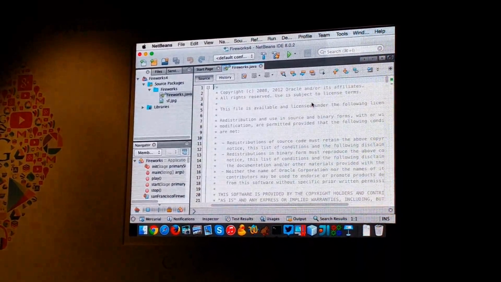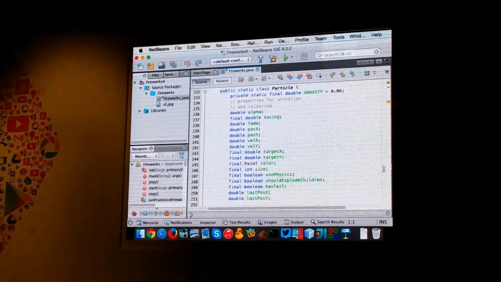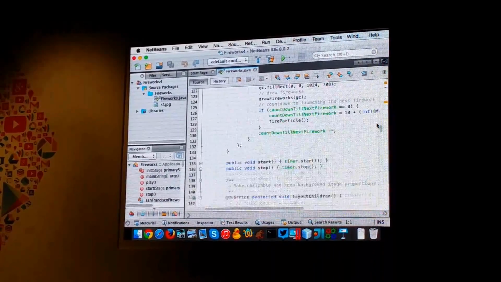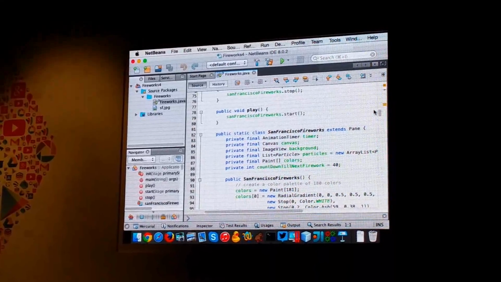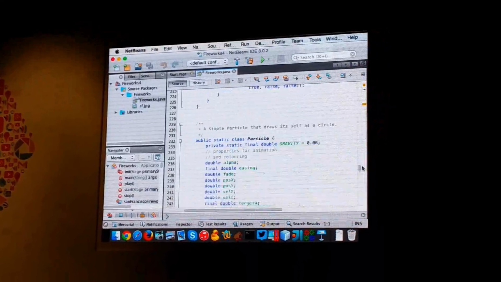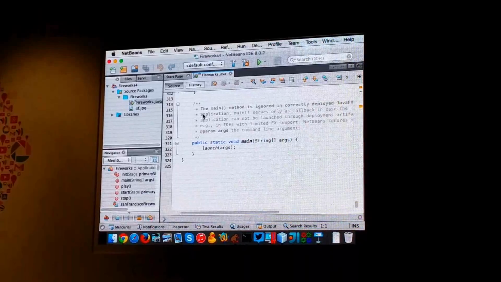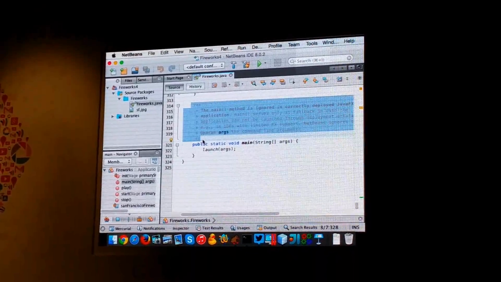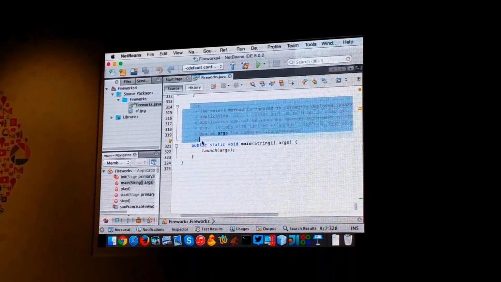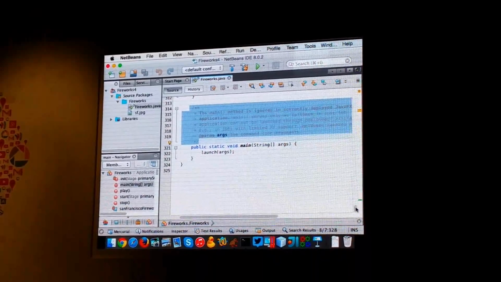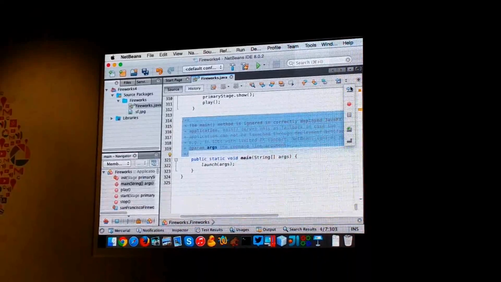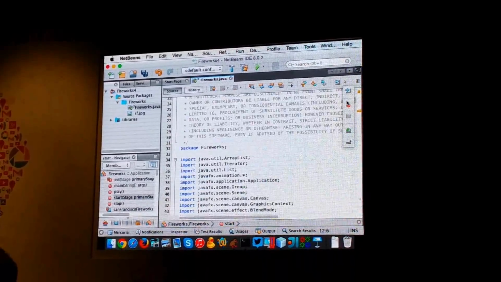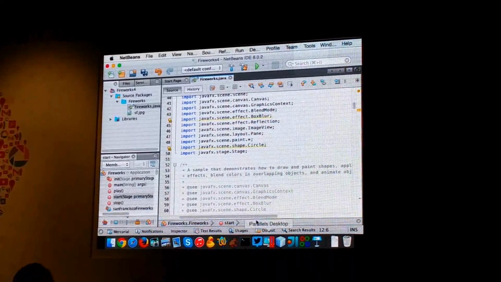Okay, here we have a file, and it is 325 lines long. So it's got comments in it, it's nicely documented, and you can learn quite a lot from it as well. I have to confess that I didn't actually know that you could leave out a main method in a JavaFX application until I read this. But it also gives you an excellent starting point, so you can see that in the JavaFX application we have